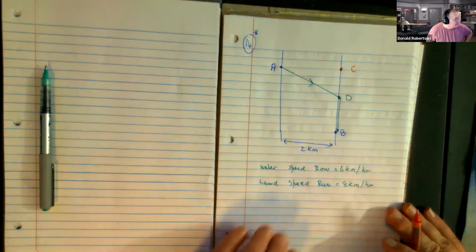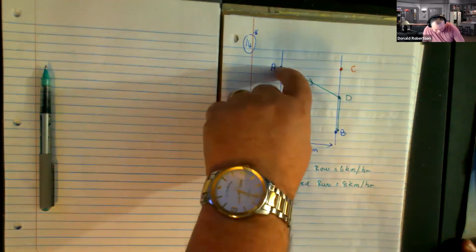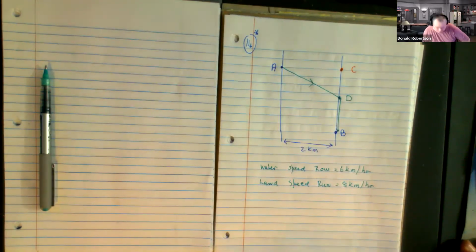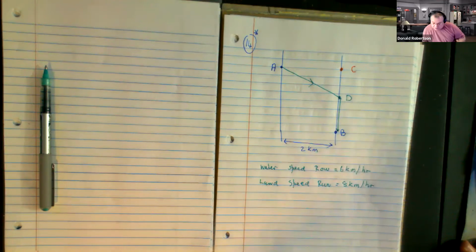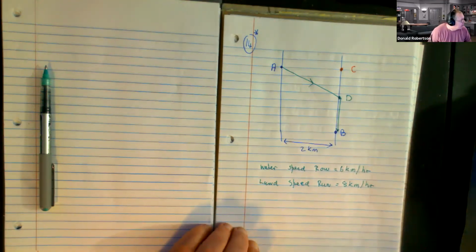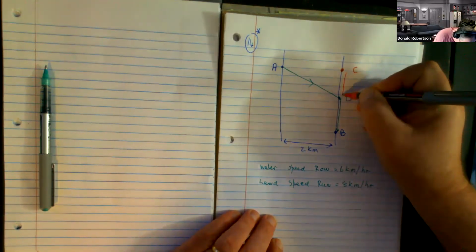We are being asked to find the route that would be the quickest. So how could he get from A to B in the quickest way? And you are being asked to tell us